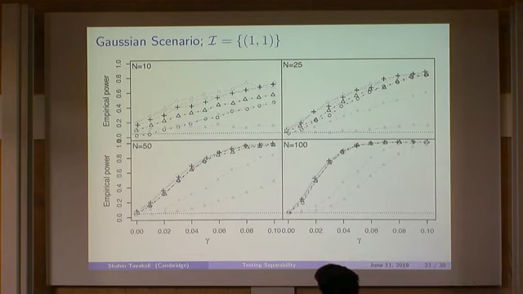The other things you have: this one is the empirical bootstrap version of the fully studentized test, and this is the parametric bootstrap version of the fully studentized test. The nice thing you see is that even for n equals 10, the parametric bootstrap respects the level and has some power. And if you look at these circle with line